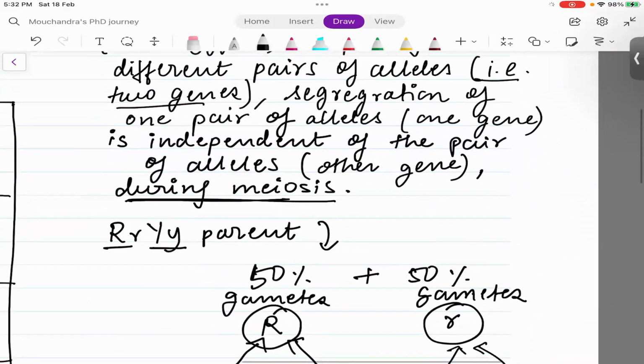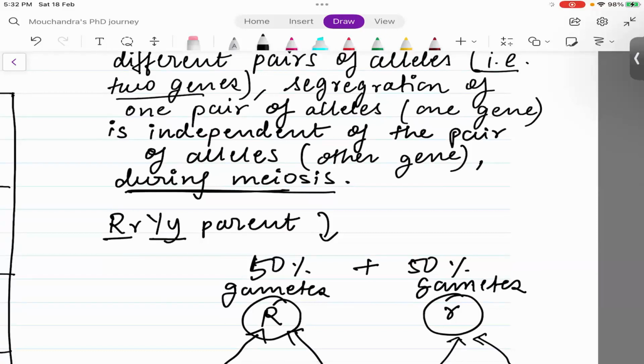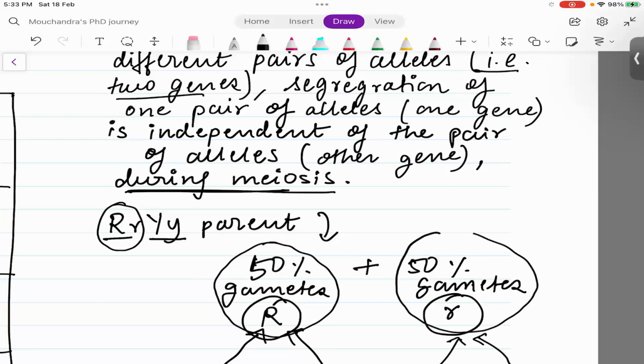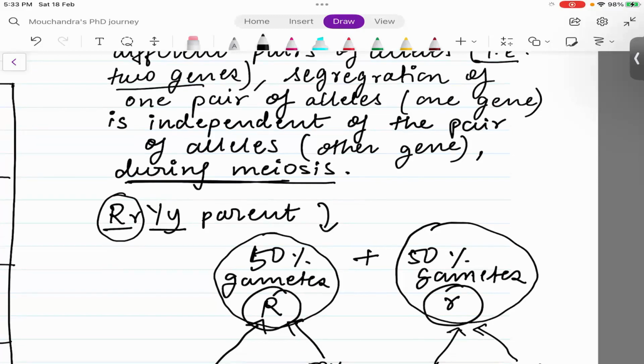So it will create gametes. Let's consider this gene. For this gene, one copy of allele capital R will be passed on to 50% of the gametes, whereas the small r allele will be passed on to another 50%. How capital R and small r are passed on to each gamete is not affected by this pair,